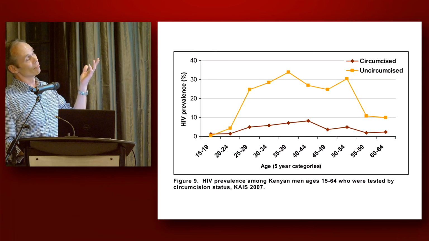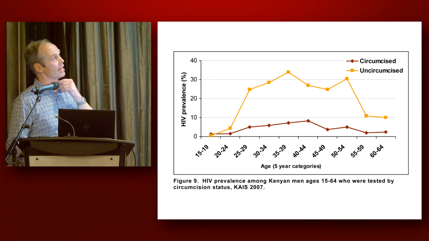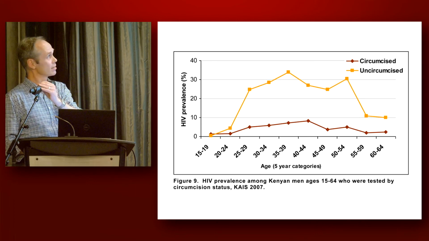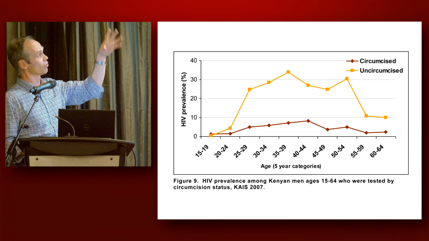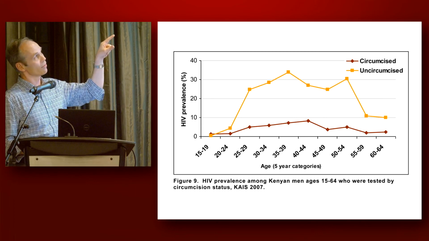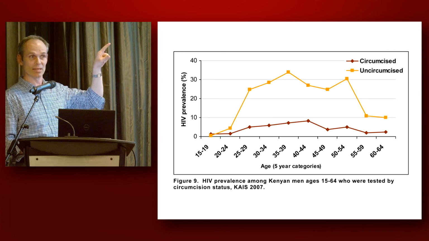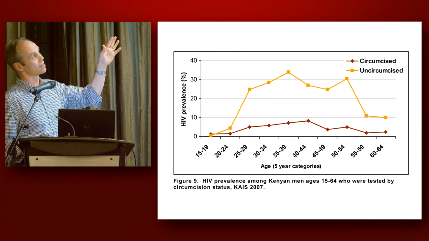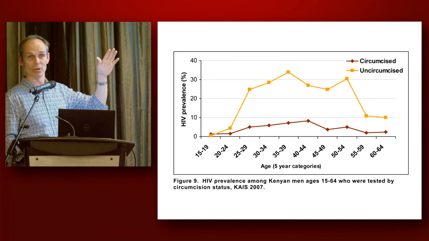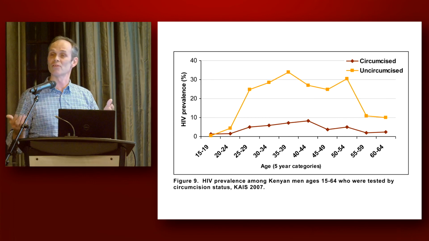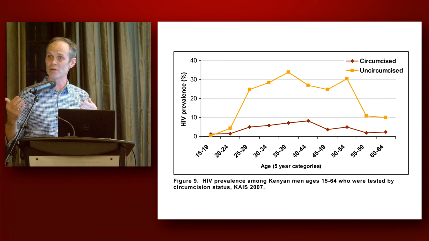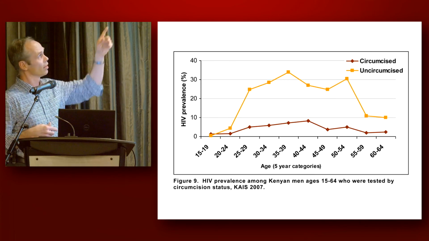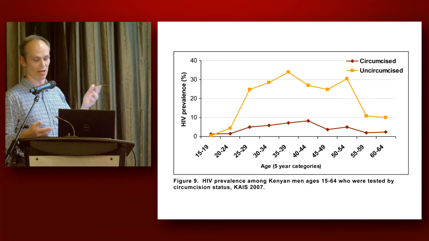This is just showing you data from Kenya. This is actually from the Kenya AIDS Indicator Survey a few years ago, but the latest data is still very similar. It's just showing you, if you look across Kenya, your risk of acquiring HIV, or being HIV positive, if you are circumcised or uncircumcised. And what you see is that if you are uncircumcised, given that there are tremendous behavioral differences potentially between communities that circumcise or not, your rate of acquiring HIV is much higher.